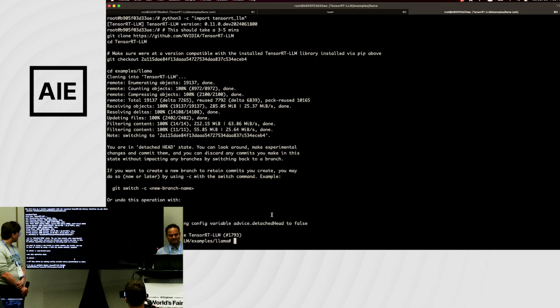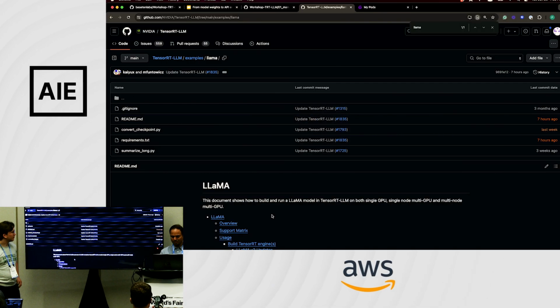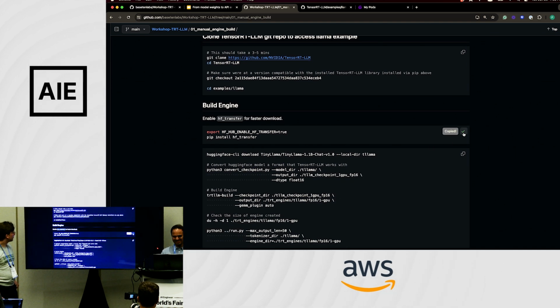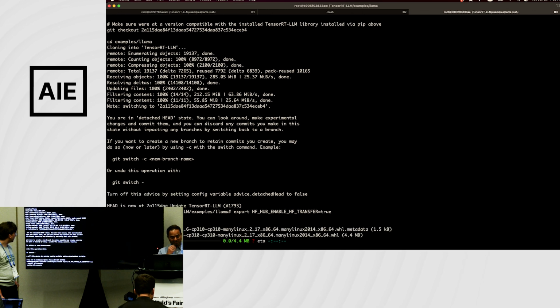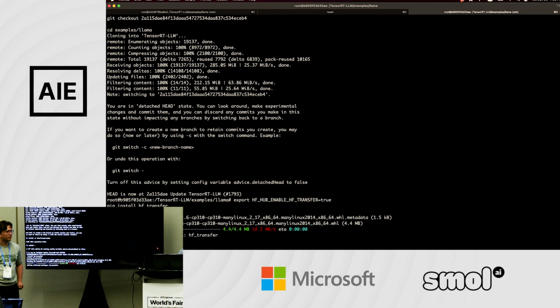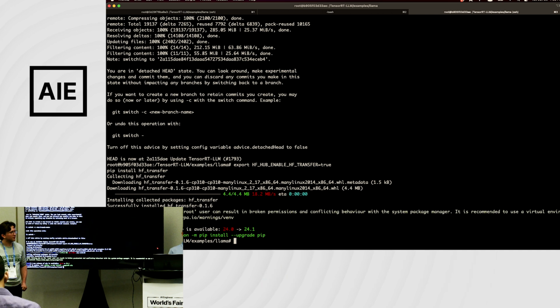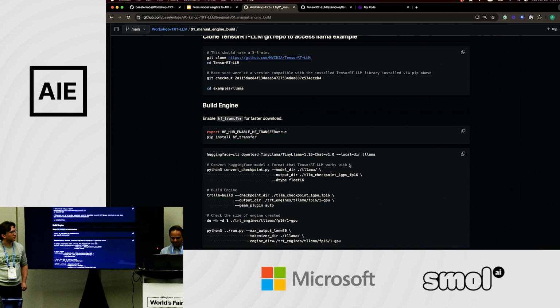And so the cloning is complete. And we go back to these instructions. And now we're going to actually build the engine. Actually, one more thing. How many of you know about HF transfer? Have you used the transformers library from Hugging Face? So HF transfer is a fast way of downloading and uploading your engines. It does sliced download. It takes the URL and patches them up into slices, downloads them all in parallel, and it works really, really fast. It goes up to like 1 gigabyte per second. So we should definitely do that, which is what I did just now.